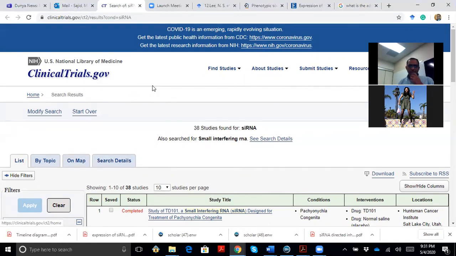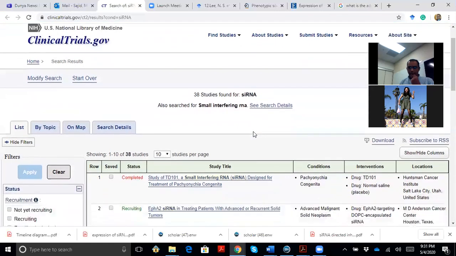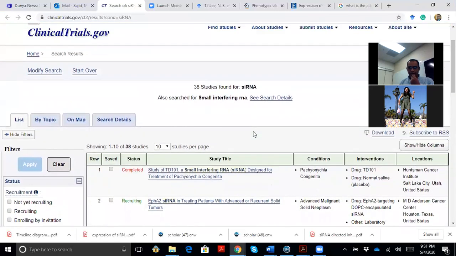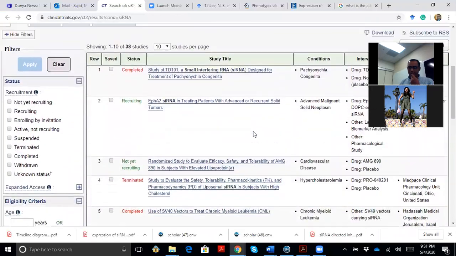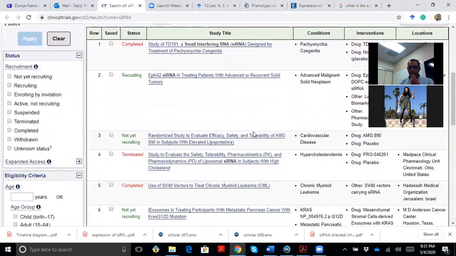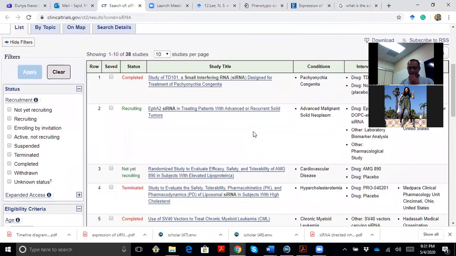Whatever clinical trials are happening right now, for instance, these are the 38 studies found for siRNA, right? I would like you to explore this. This is very beautiful and will help you in knowing what this site is.